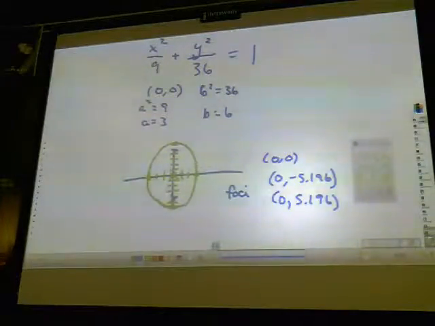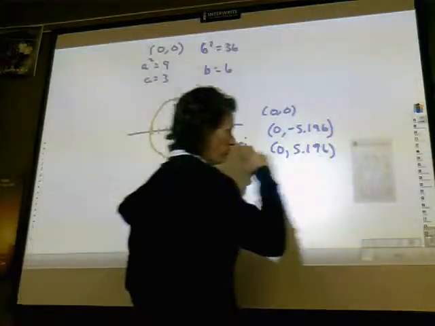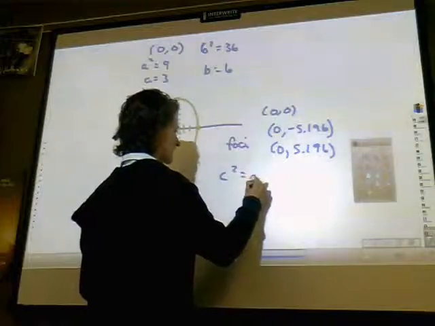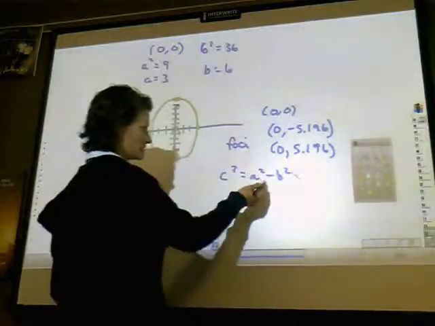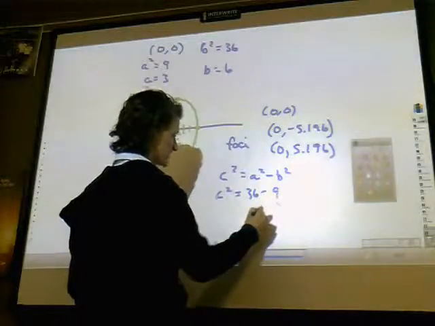Foci is c squared equals a squared minus b squared. So basically just plug into your formula there and solve it for c squared. So it's c units from the center. Center 0, 0, and it's oriented up and down. So c squared equals a squared minus b squared. Put your first one, your biggest one in first. That's probably the easiest. A squared was 36, b squared was 9, which makes for